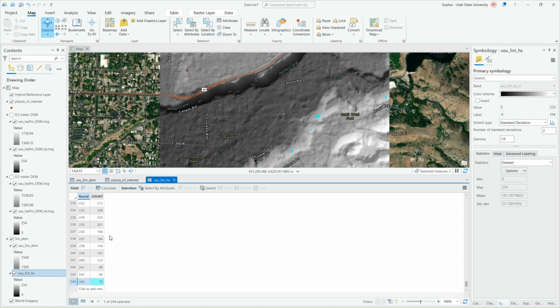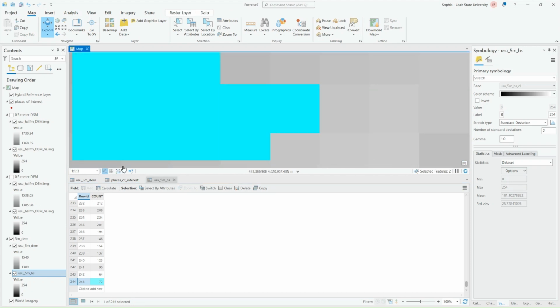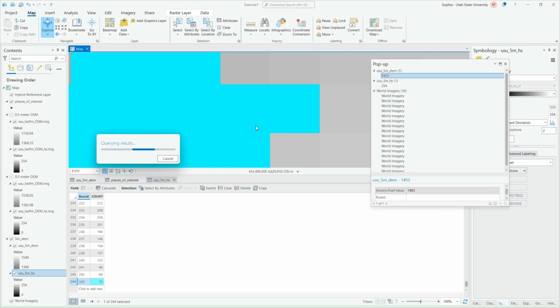I'm going to select this area, and now we'll see it selected on the map. I'm going to zoom way far in. And now I'm going to make sure my Explore tool is set to visible layers. I'm going to select one of these cells. And I'm going to get that our DEM has an elevation of,